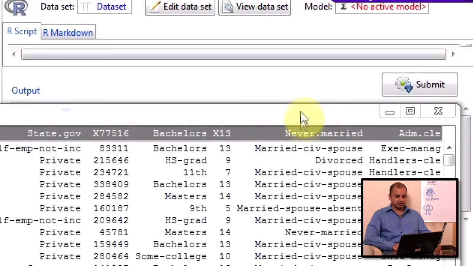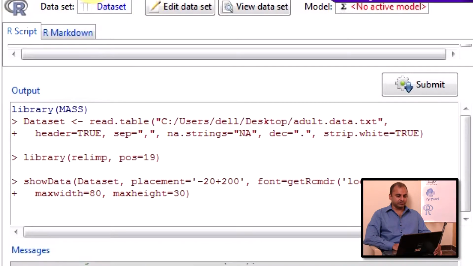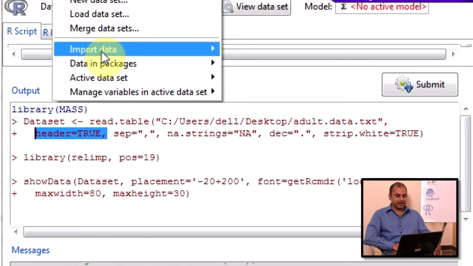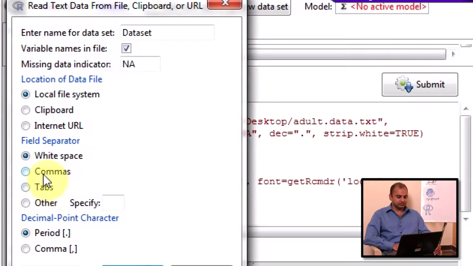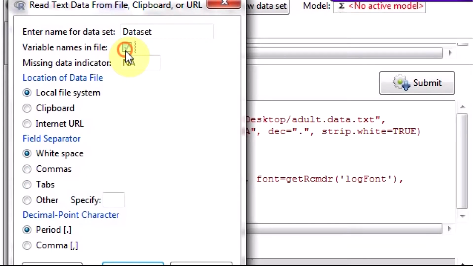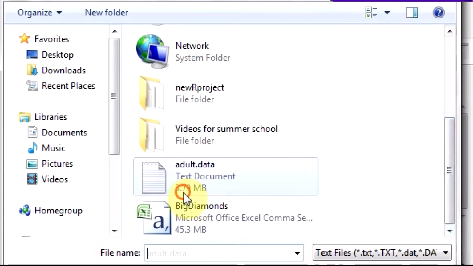You can see that the names have not been imported correctly, so I should have set header equal to false. Go back again, import data from text file, variable name is dataset 2, commas, adult dataset.